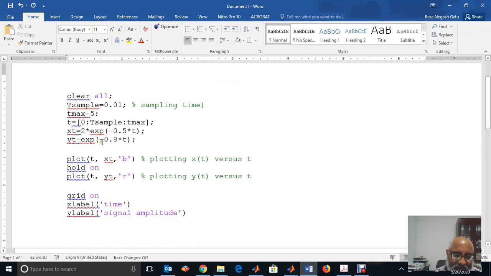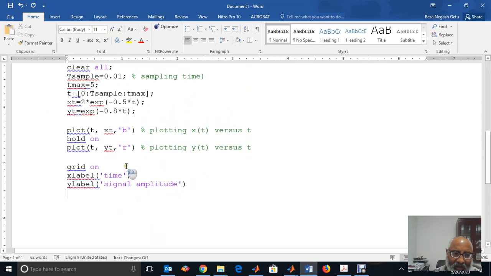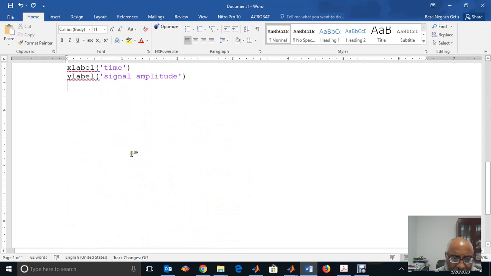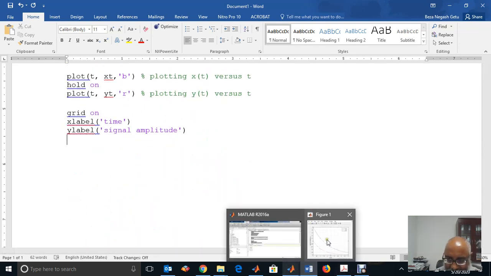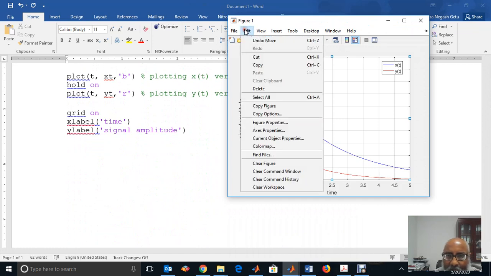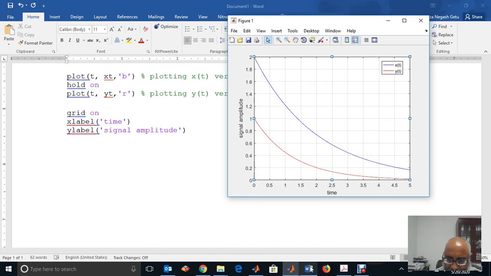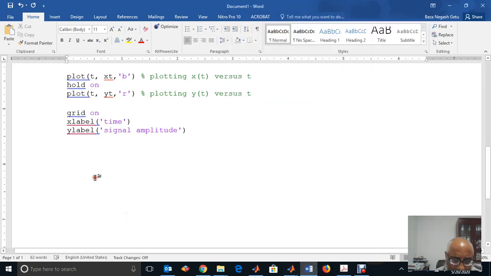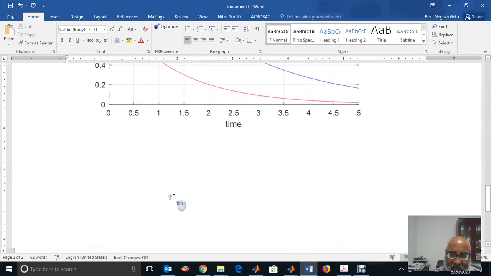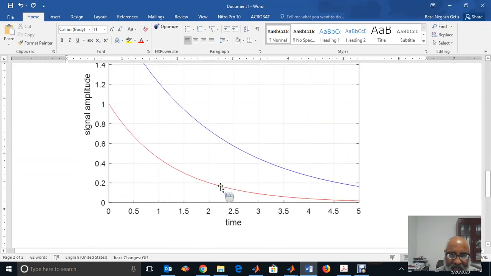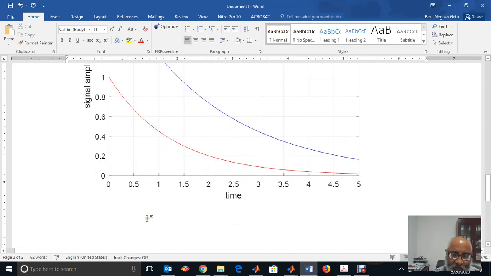You save this document in any folder you want, and you write: this is a script file. The figure is not copied. Again, edit, copy figure here. The figure is here now, and by looking at this you can make discussions